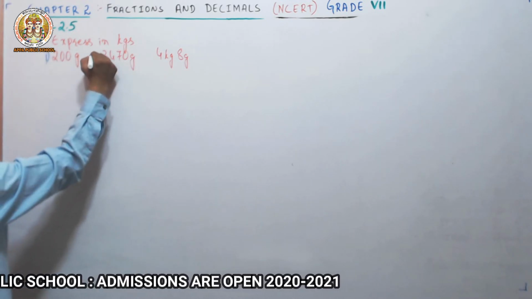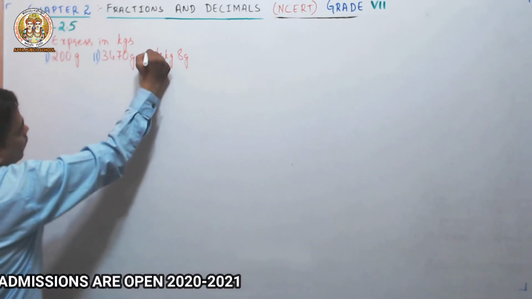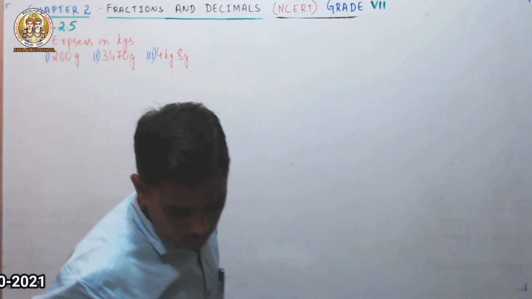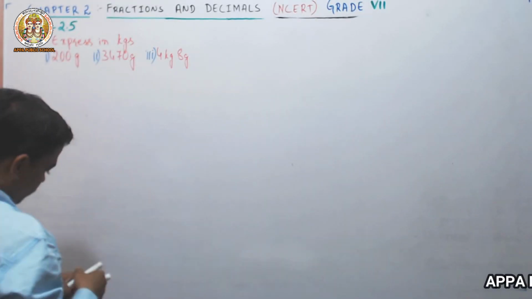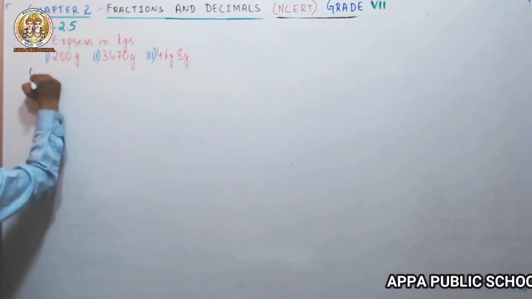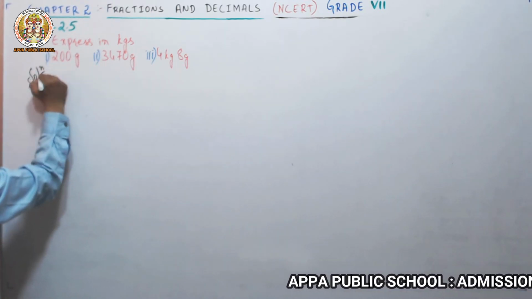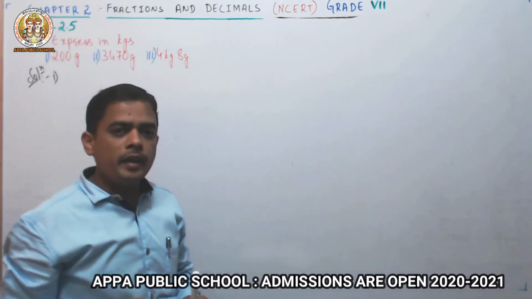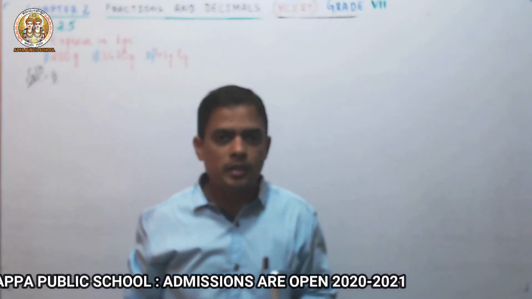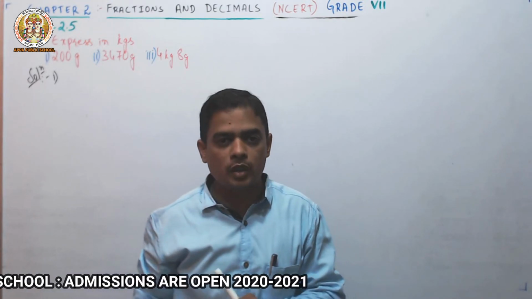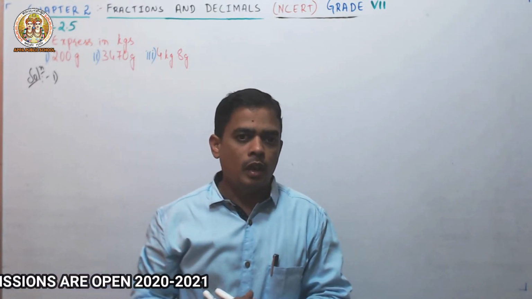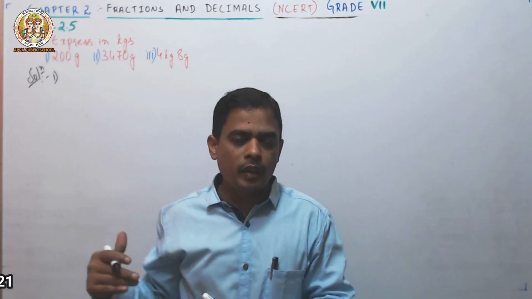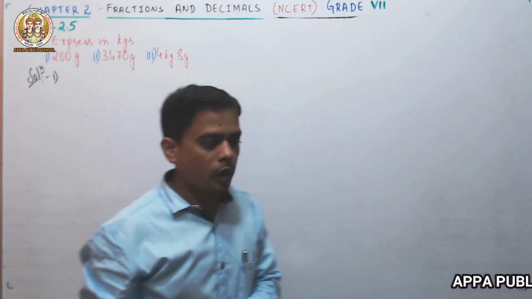First bit, second bit, and third bit. Right? Solution. So what we have to do, express in kgs. In gram he has given, we have to express that into kgs. The same as in the previous question. In the previous question it was in millimeter and centimeter, that we converted into meter and kilometer. Here he has given grams, that we have to convert into kilograms.